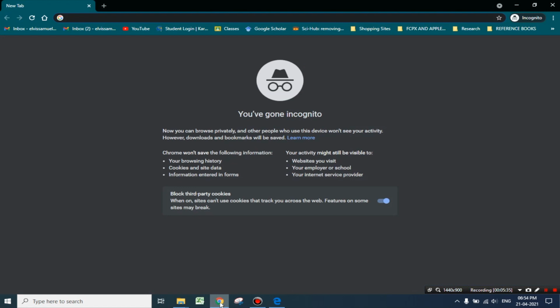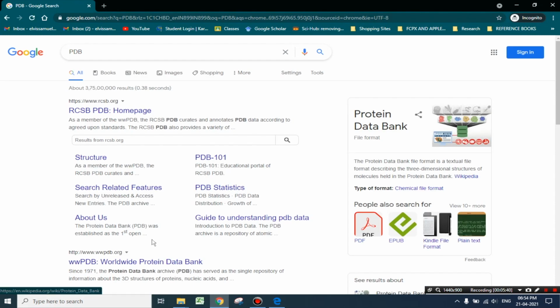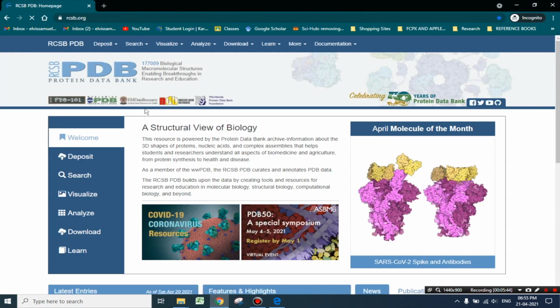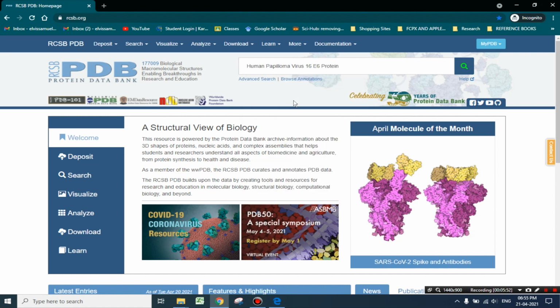So, let us search for PDB in the search tab. Let's click on the first link available here. Now, here we will be searching for the desired protein of our interest. I would be focusing on human papilloma virus HPV 16 E6 oncoprotein, which is responsible for cervical cancer.